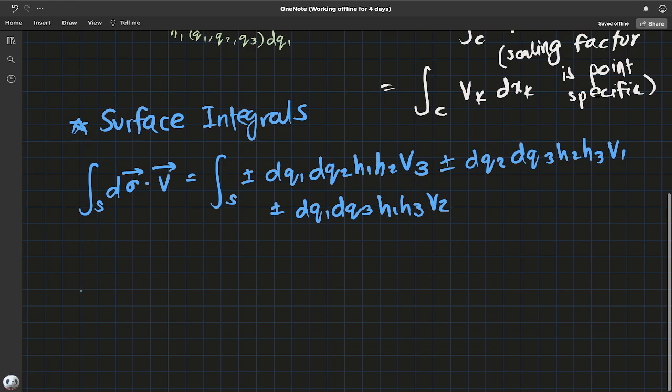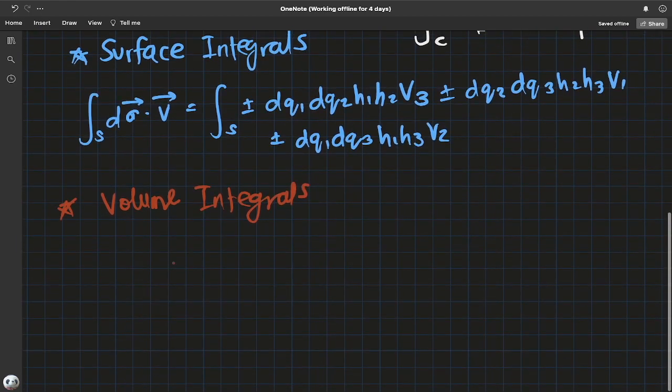Okay, last order of business, volume integrals, which are pretty easy compared to these surface integrals. So assuming you have some volume in a three-dimensional space, call it this capital V, and assuming you have some scalar field, say rho of r, which you want to basically integrate over the volume d tau. Consider this like a density function. So this will be